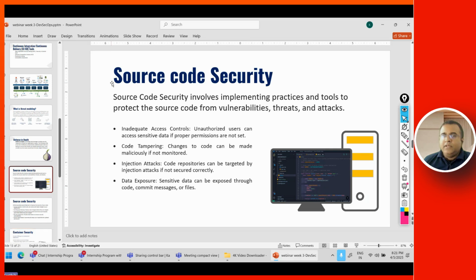right? Secure source code. Source code is major. One more we are talking about here. There are a lot of things that could happen, right? Previously, what we used to see is that we look at code, we look at SonarQube, and it will check whether there is any vulnerability in the code. If that vulnerability is there, it will display. And a lot of people think that is more than sufficient. But in recent times, what we do in pen testing is that we also test their code repositories as well, where it is stored,